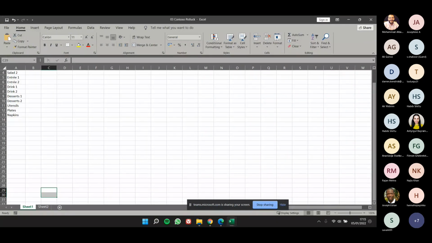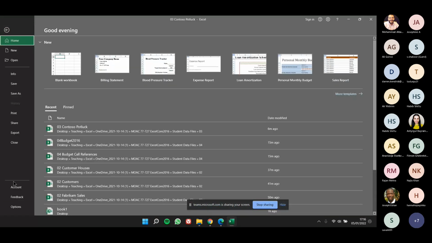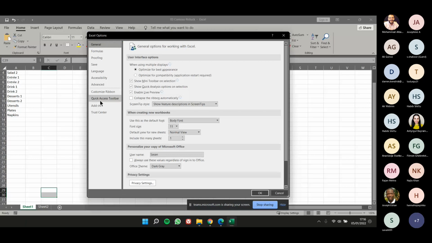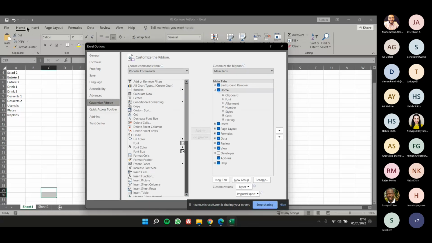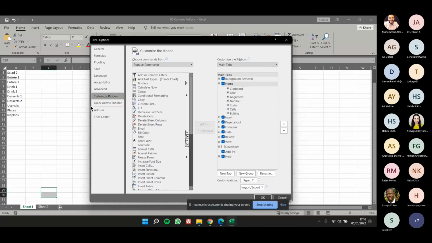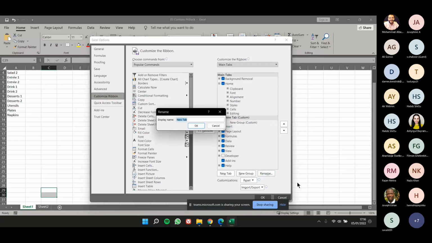Now we can also customize our ribbon. So again, if we go back to options, instead of clicking on a quick access toolbar, we can simply click where it says customize ribbon here, and we can customize our ribbon. So as you can see here, we have various tabs such as home, insert, page layout, formulas, and other stuff. So we can actually customize this ribbon and add our own tab, which is quite interesting. So for example, to do this, we need to click where it says new tab, and it's going to create a new tab for us. We then click on this new tab and we can just rename it whatever we want. So rename it to